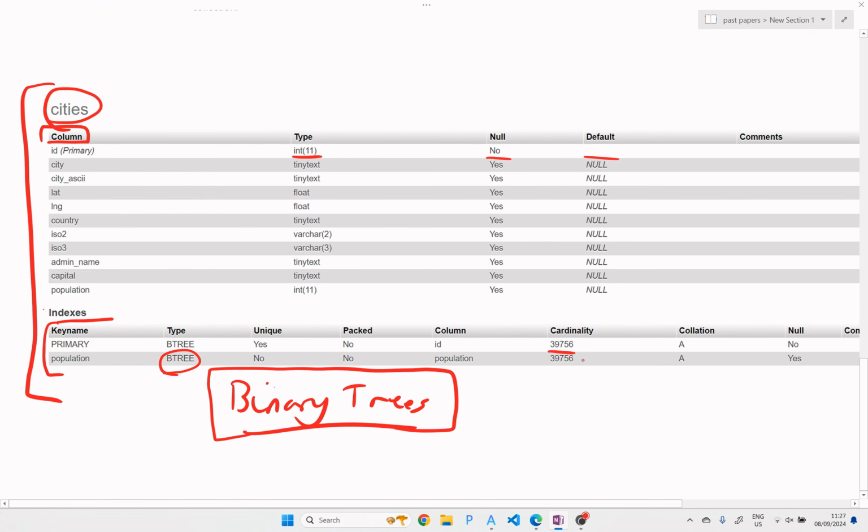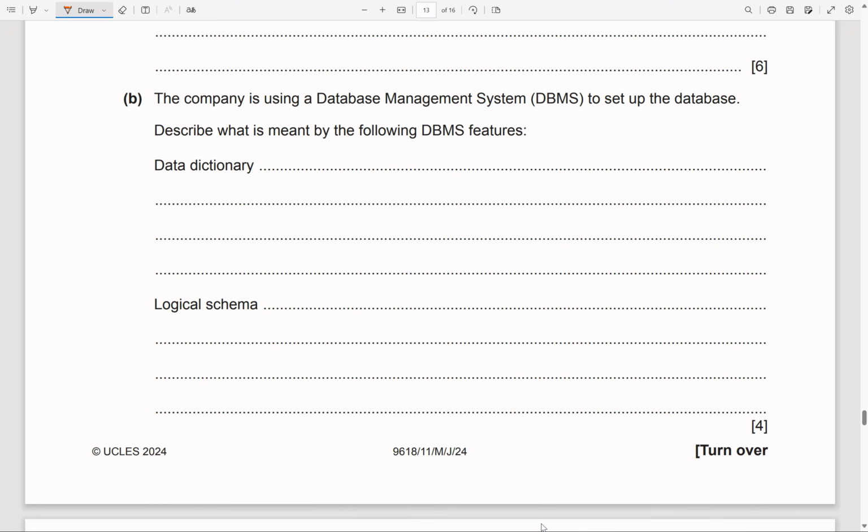Right then, for example the cardinality, this just shows the number of unique, or let's say the number of different values. So here we've got 39,756 different cities. And here none of the cities have the same population, which is kind of interesting. And to be honest, if we also had foreign keys, those foreign keys would also be listed. So what we can say,